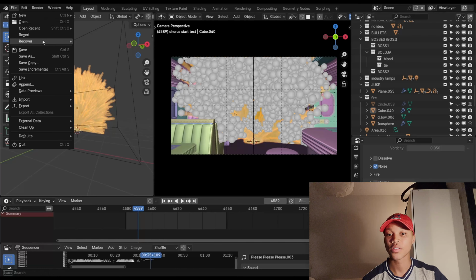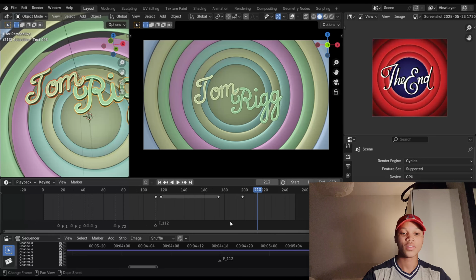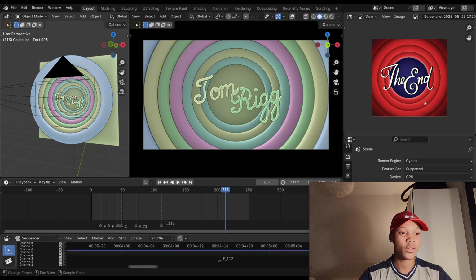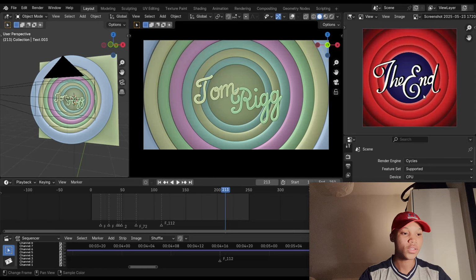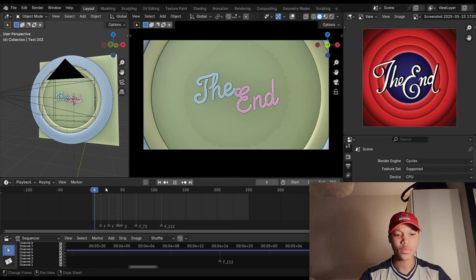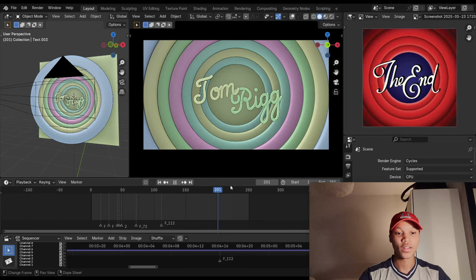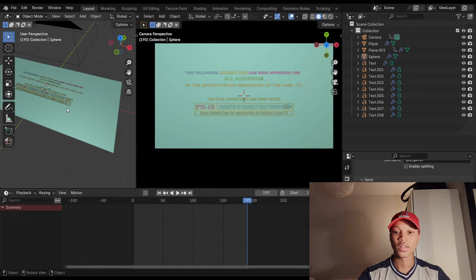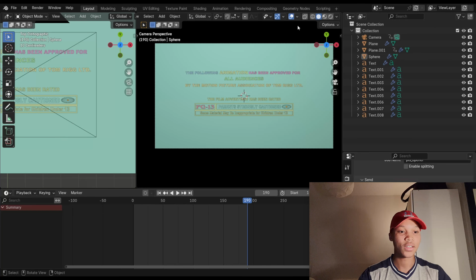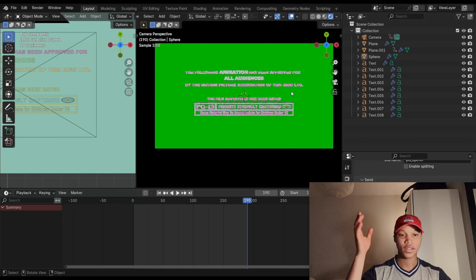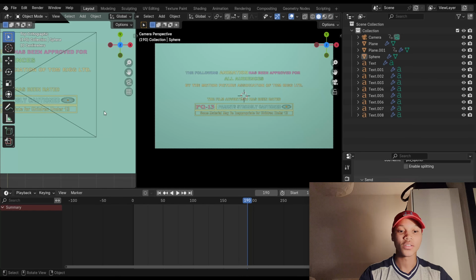I could show you the other stuff that I made, like the little fun stuff. For example, the end part, I just thought that would be interesting. We all know the Looney Tunes closing thing. I don't even know if it's from the Looney Tunes, but you know what I'm talking about. This was pretty fun. And then this other thing, another classic thing we've all seen in literally every old movie and stuff like that. I just thought that was interesting.